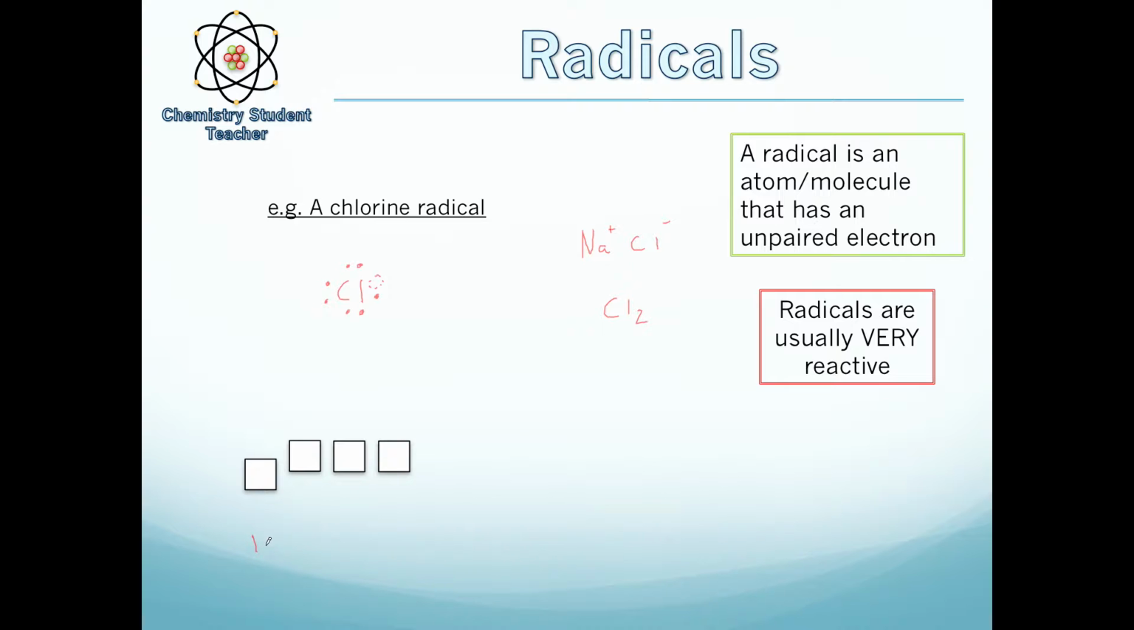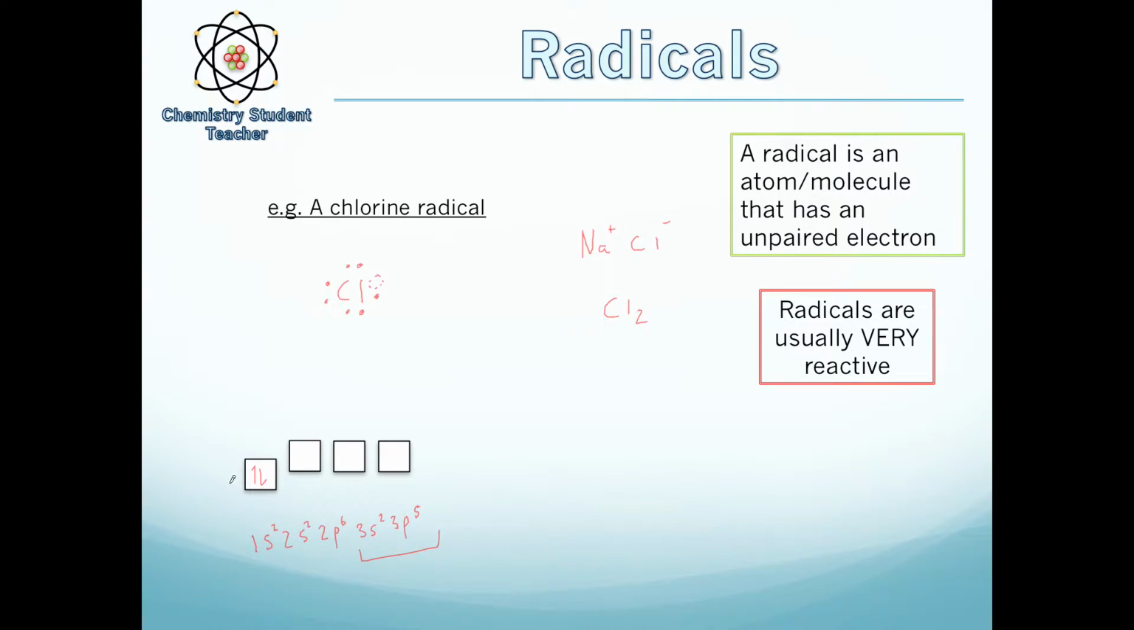We look at the electron structure of chlorine. It's 1s2, 2s2, 2p6, 3s2, 3p5. Now if we just look at the outer shell, which is the n=3 shell, we've got the s has